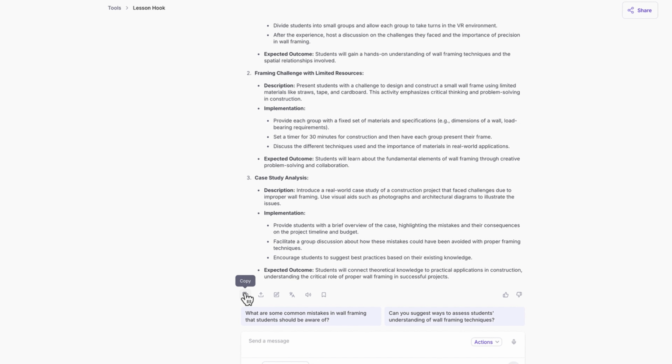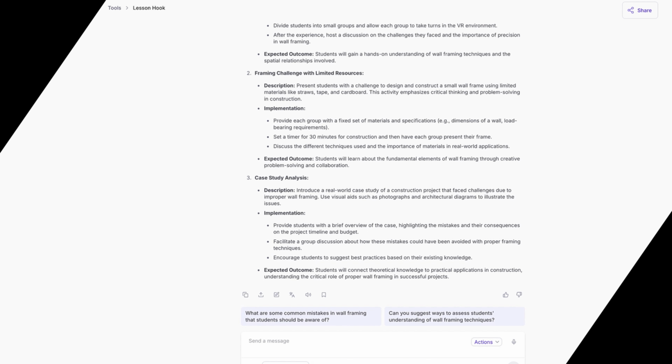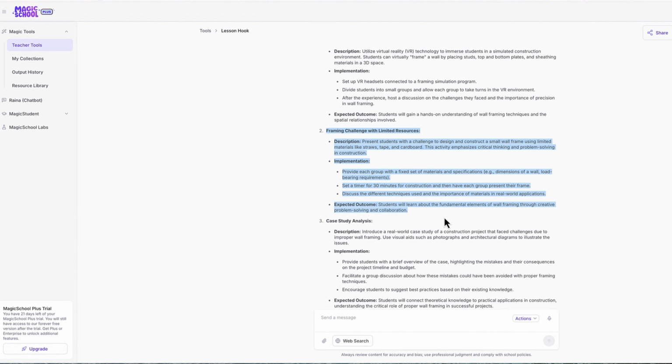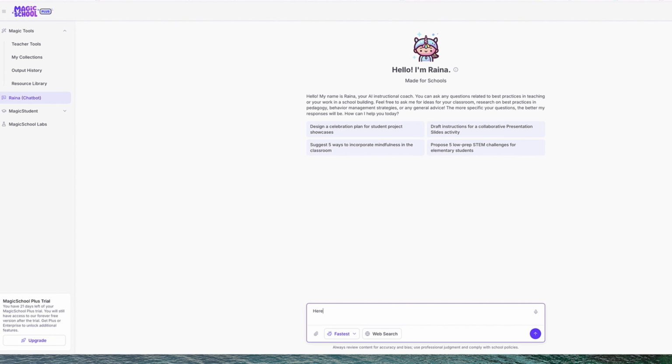And there's some implementation guidance for me. I did, though, go ahead and copy all these to place them down below this lesson. But now I'm just going to go ahead and copy lesson hook number 2 and then bring it into Raina to have Raina help me with more details. Because right now it's kind of set up that it would be good for either students to do all the exact same thing or one student,